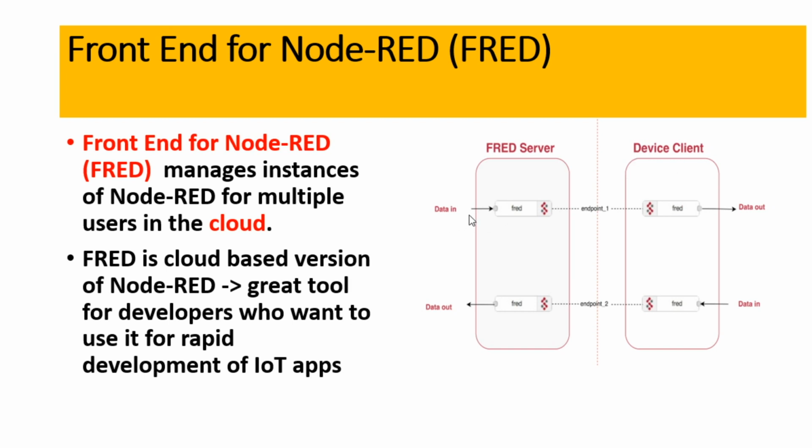So the data from here will be transmitted to this, and the data from here can be communicated through this, and vice versa. So n number of devices can communicate through these endpoints. We'll call them endpoints. So the data and the communication happens across the two platforms. So this is a data node, and here we can see the output. The message sent by the server can be seen in the client device. Similarly, the message sent from the client device can be seen in the FRED server as well.